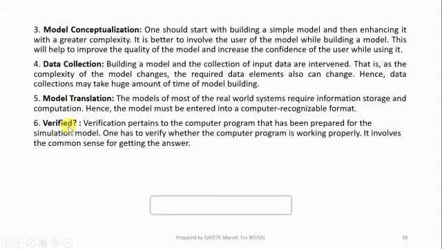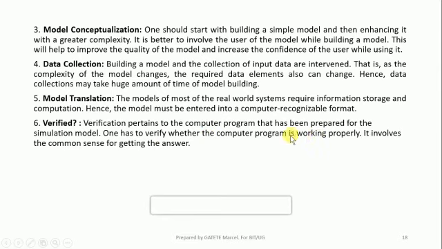So here I have to ask myself the question: is that data verified, and is it valid or not? The verification pertains to the computer program that has been prepared for the simulation model. One has to verify whether the computer program is working properly.